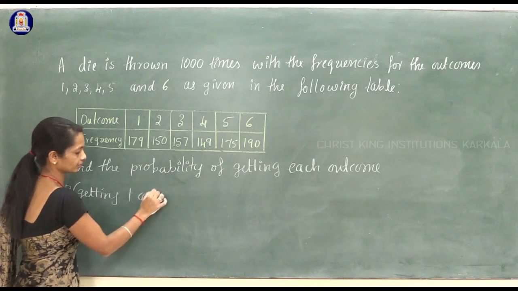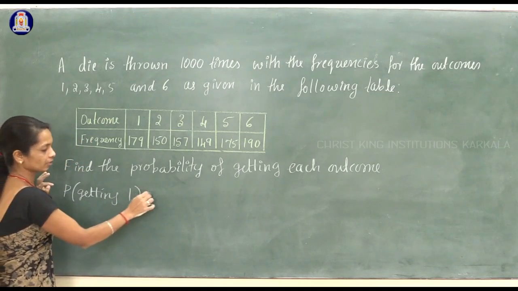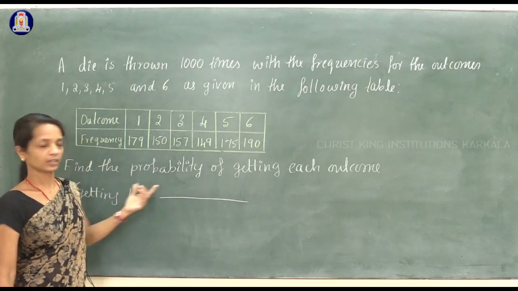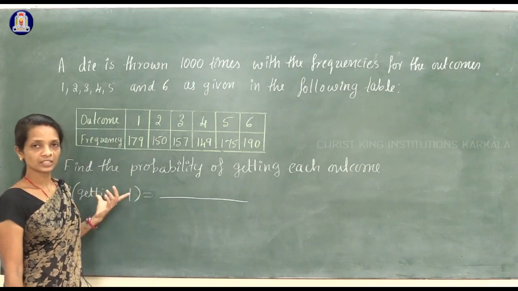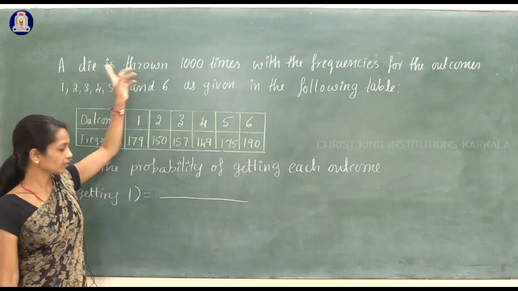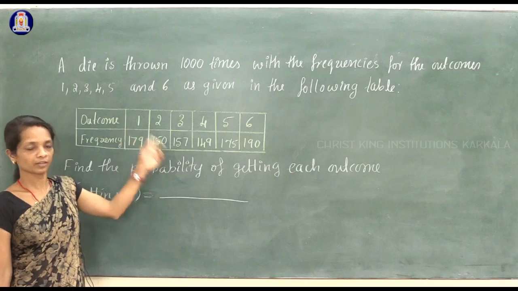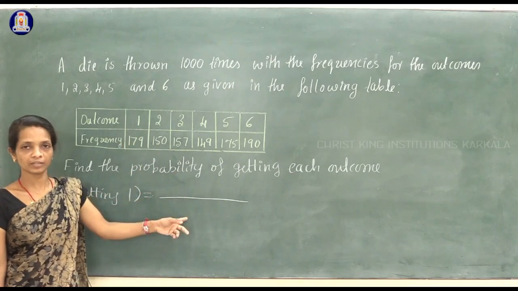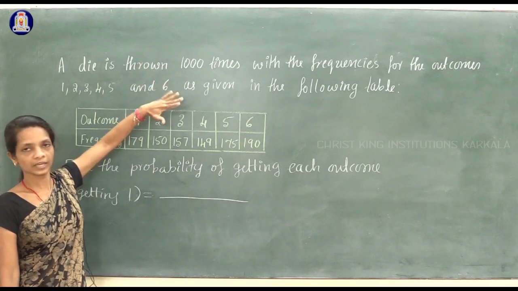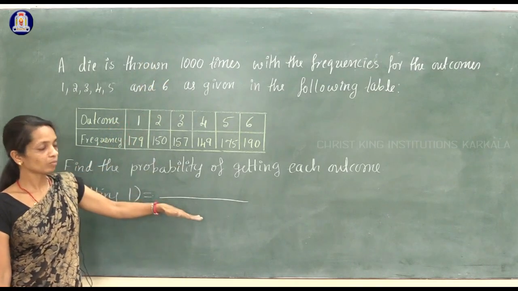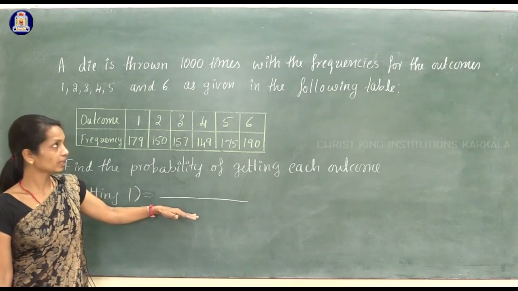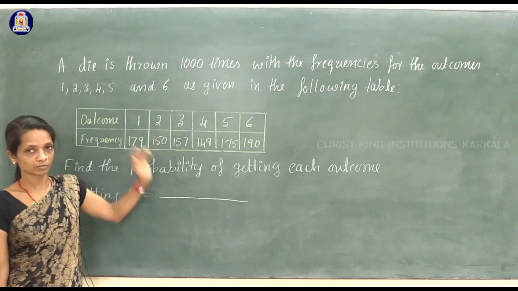1 on the die, that is equal to, in the numerator, the number of trials in which event E has happened. The number of throws in which you get number 1, that you have to write in the numerator, dividing by the total number of throws, 1000 times. For this experiment the total number of throws is the same, so in the denominator you have to write 1000 each time.